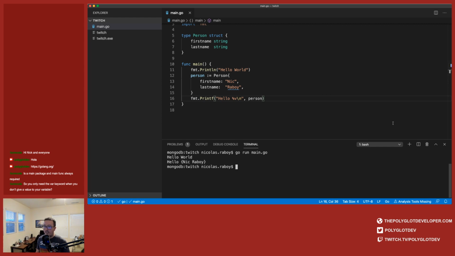So you'll notice that it's no longer an array. It doesn't use the square brackets anymore. It uses the curly brackets, but that represents the first name and last name. So for example, if I wanted to, I can say person.firstname, and it's just going to be a string now. So it's going to say hello, Nick. So that's one way, of course, to make use of our struct.